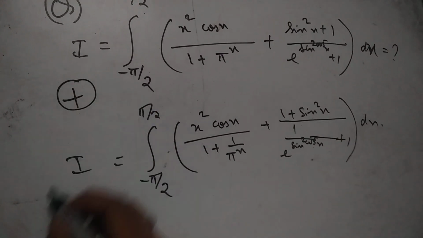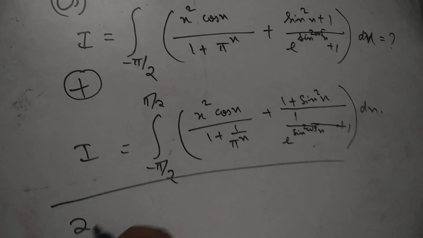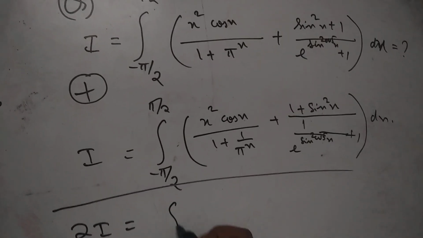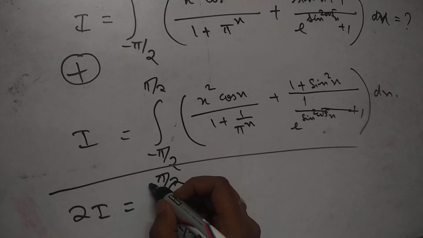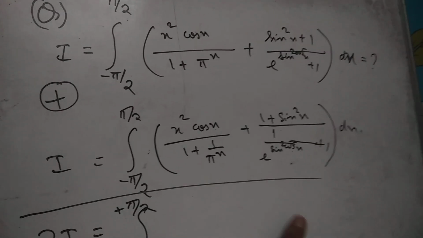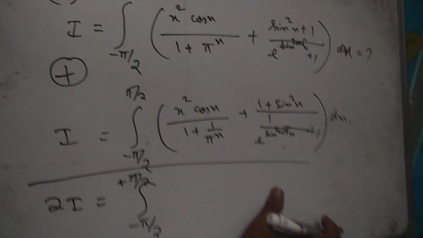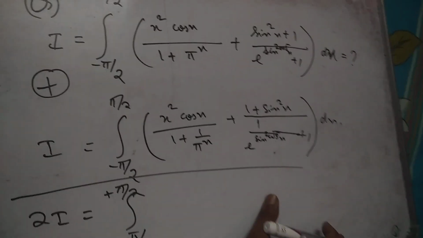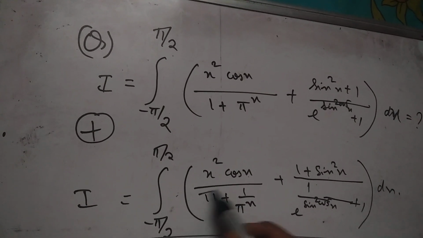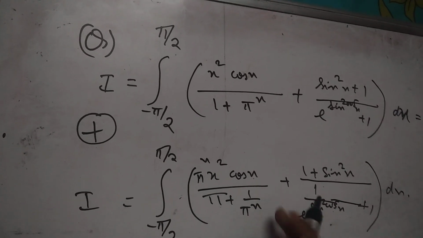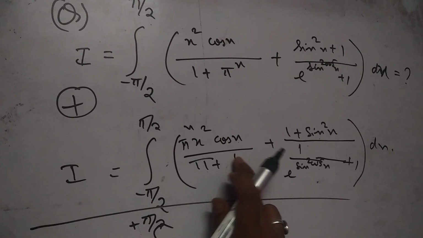Now just add these two values, you will get 2I, minus pi by 2 to plus pi by 2, alright. So now see, x square cos x is common, this is pi to the power x plus 1,